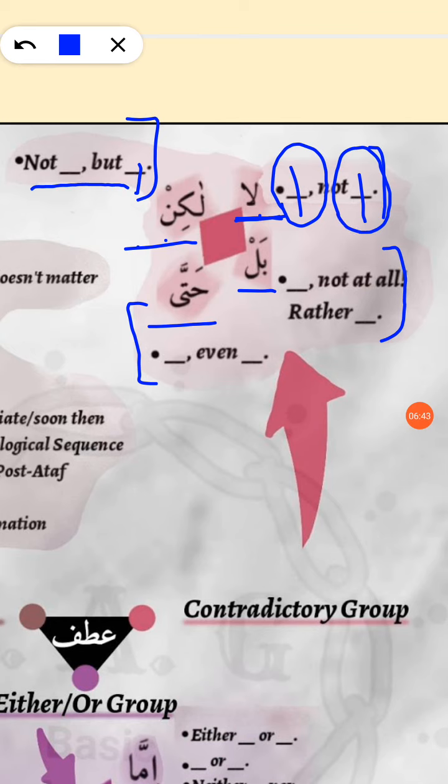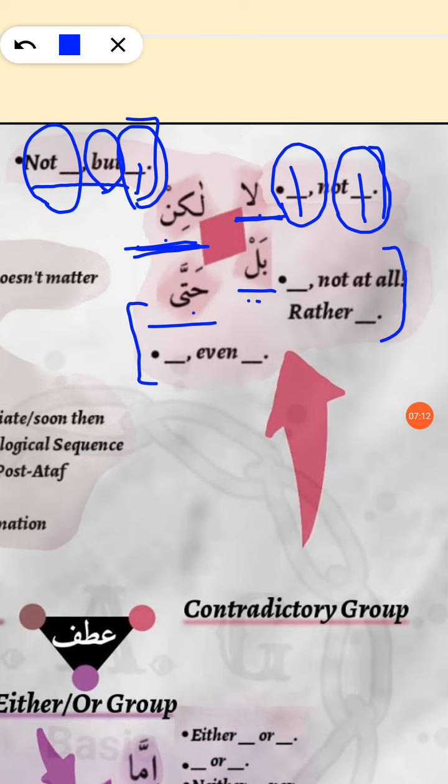But if you want to use lakin, then you will have to use the wrong information first in the pre-ataf portion, and then you will have to negate it by using but. And that would be in your post-ataf region. So the post-ataf portion is going to have your correct information if you want to use lakin. Now hatta and bal, this is something that we are going to discuss